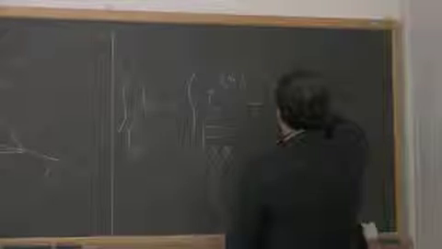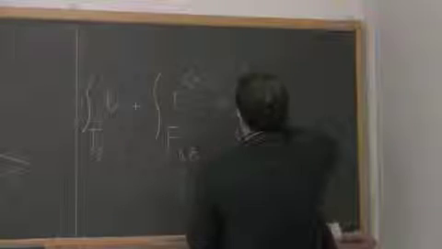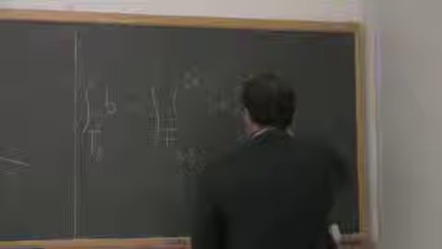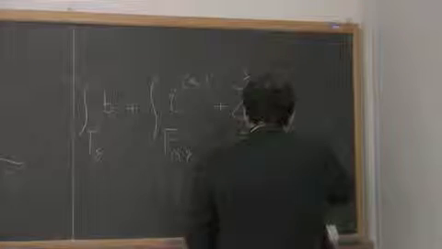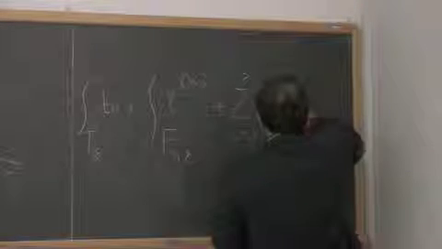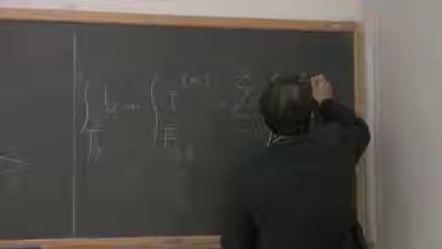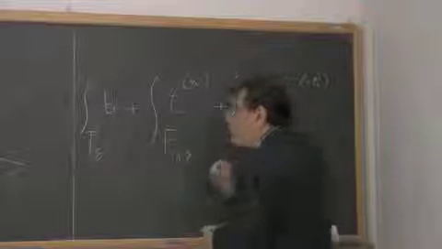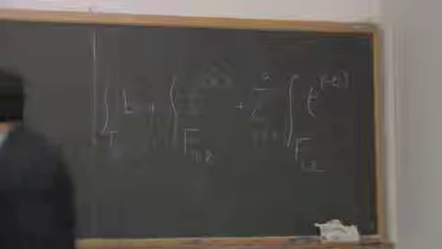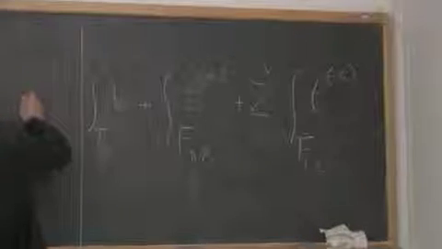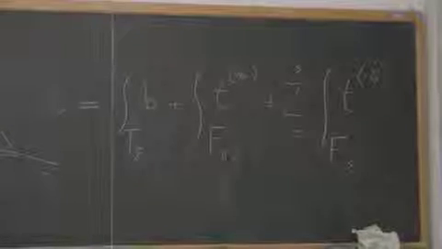Then you have the sum for i from 1 to 3 of the integral of F_i, epsilon, t minus e_i. Okay? And the sum of everything is 0. Now,